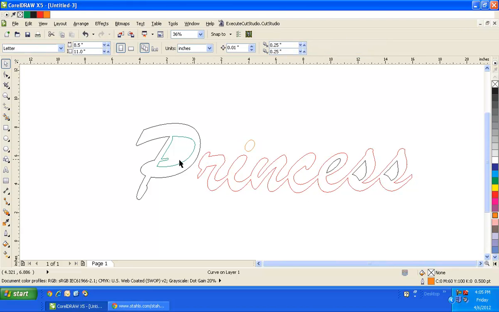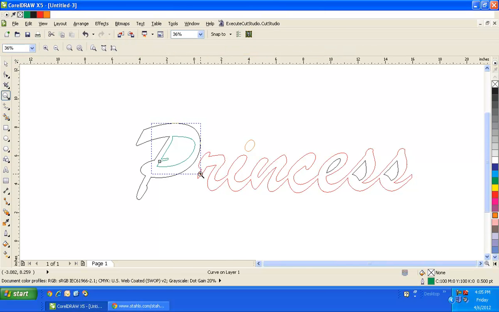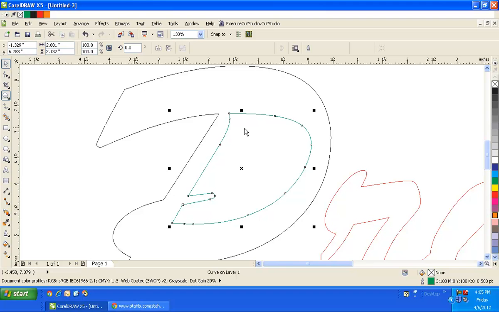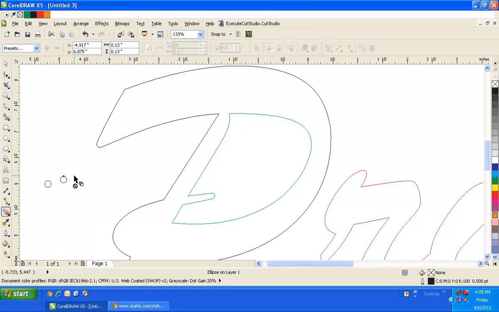But even if I were to create a stone on this path, I'm still going to have problems, especially on the corners here. I'll do that as a demonstration just to show my point. If I were to draw a circle and make it 3.3 millimeters to fit a 3 millimeter stone, make a duplicate by left clicking my mouse, dragging, right clicking my mouse, going to my blend tool, clicking and dragging from one circle to the other,